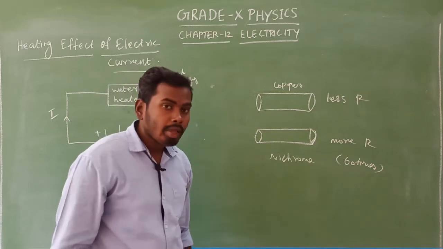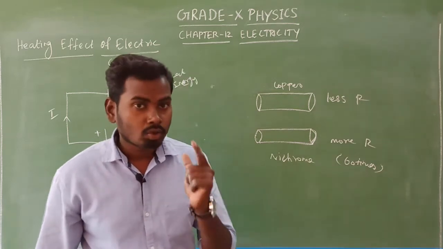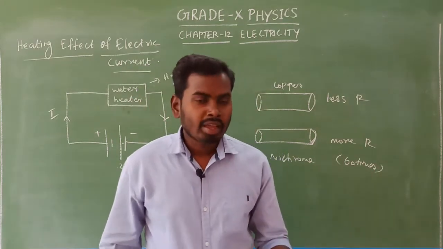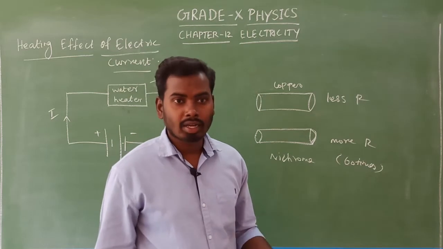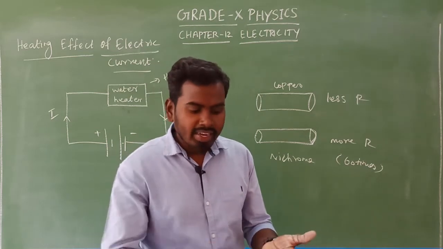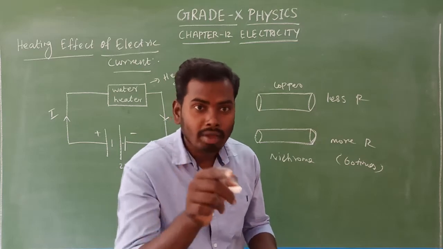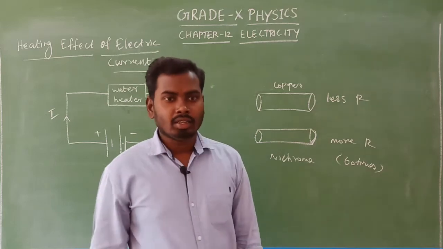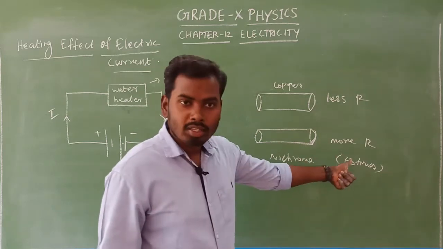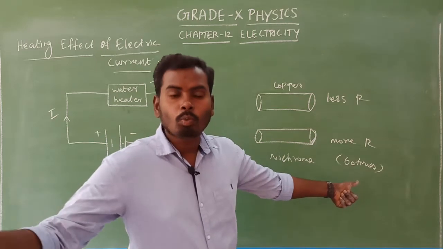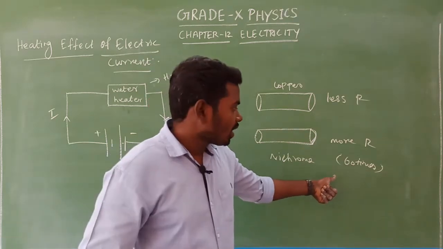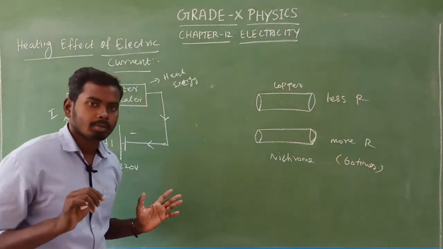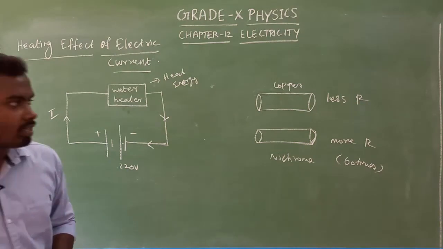So that is the reason why most heating electrical appliances, for example the electric iron, electric toaster, microwave oven, water heater, and room heater, have nichrome wire inside them. Is it clear? Because nichrome has more resistance. Due to this more resistance, it will produce more heat. So most of the heating effect of electrical appliances comes from nichrome wire inside. That's all, students. Yes. Look at here.